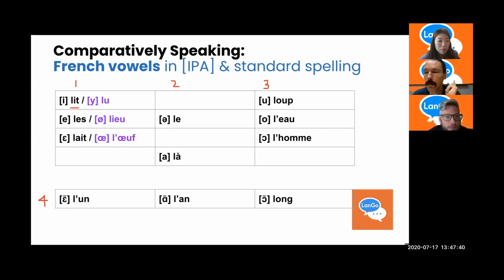My second example is the participle, lu, like from to read. The sound is lu. Good. This involves that one where we write a letter Y in IPA. It's front, high, and the lips are rounded. Staying just in column 1 here, the plural article, les, as in Les Misérables. Les.